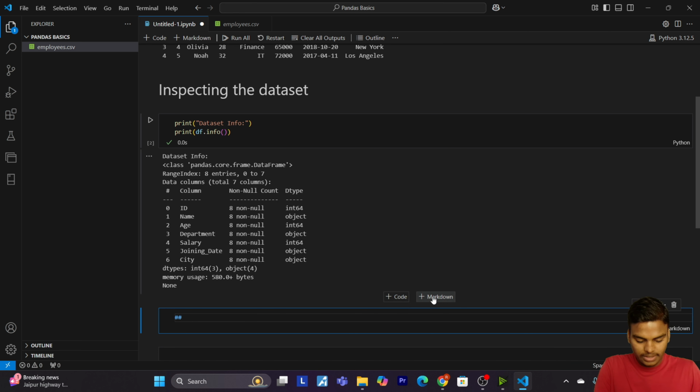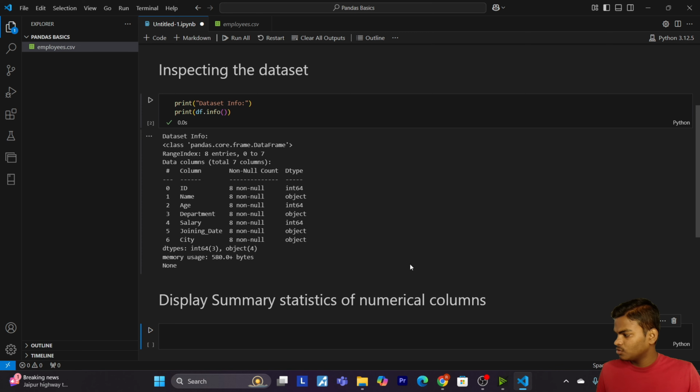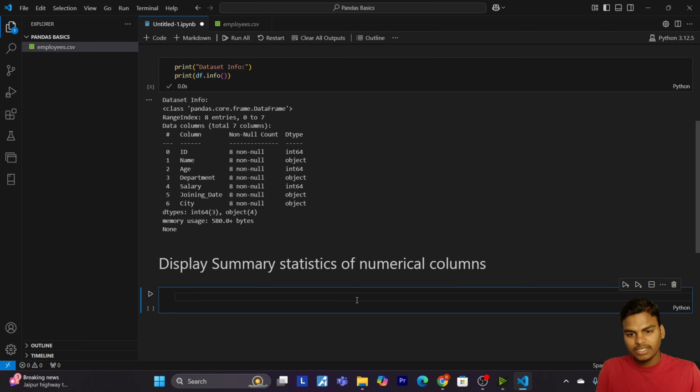Let me give display summary statistics of numerical columns. So now let's do this.